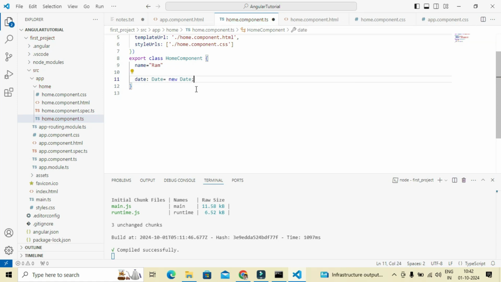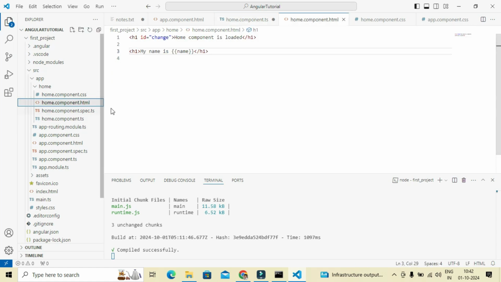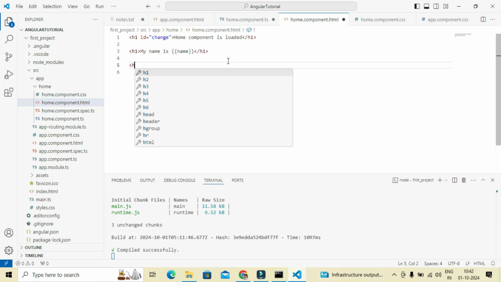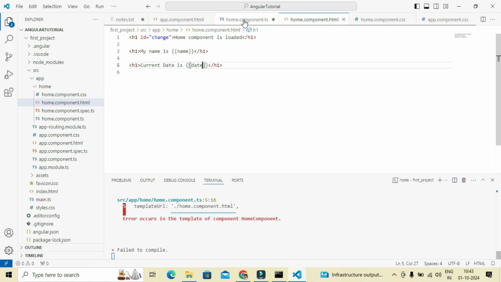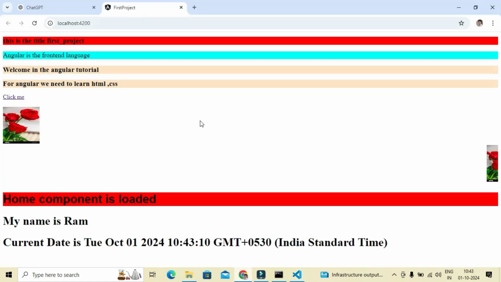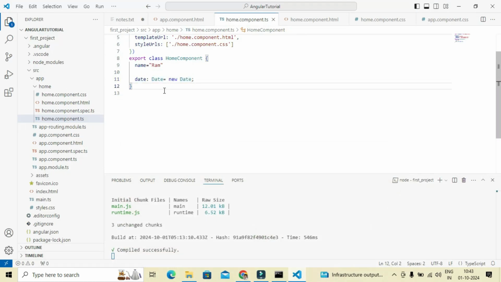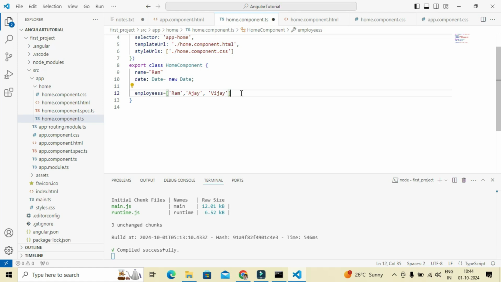Okay, so when we print this on the home.component.html, like h1 current date is this date we passed, save the component file as well. If you can see on the browser, current date is Tuesday October 1st 2024, and this time will become. Okay, so same way we can see, suppose is there any which, okay, so this is,